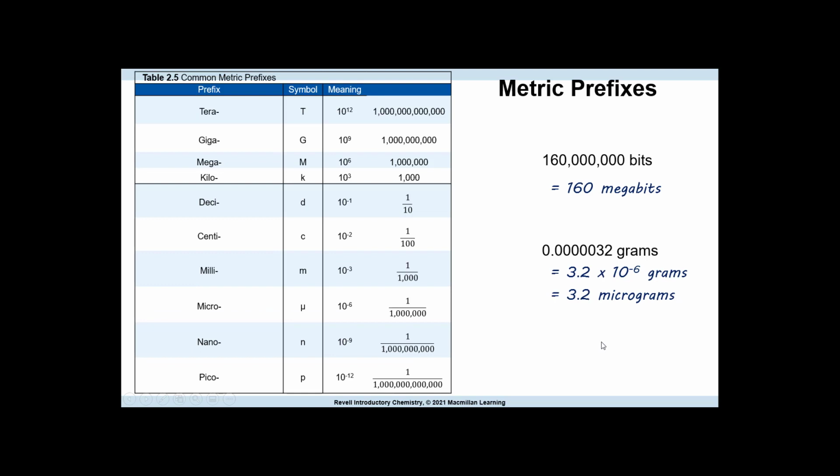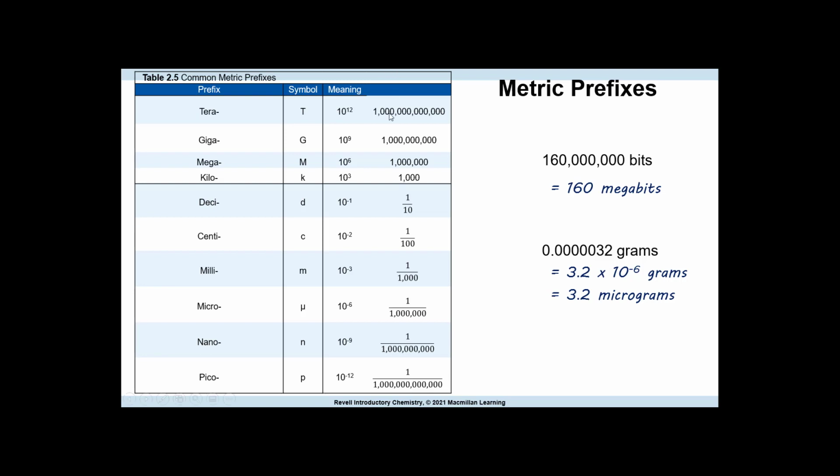Okay, so the metric system uses prefixes to describe something bigger or smaller. It's kind of hard in the English system, we don't have something similar to this, where we use one main unit and then we use a bigger prefix to describe something big, or we use a smaller prefix to describe something small. And metric systems do. And this is kind of hard for students to learn in the beginning. However, this is something that's never going to leave you. If you plan on taking all the chemistry that Chaffee has to offer, then you will never get away from this. So you will constantly be using this.